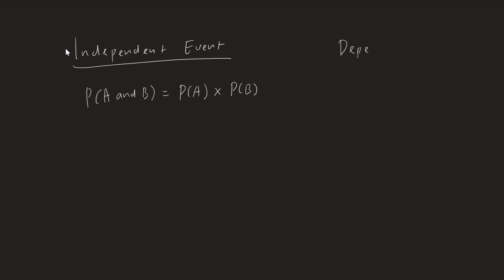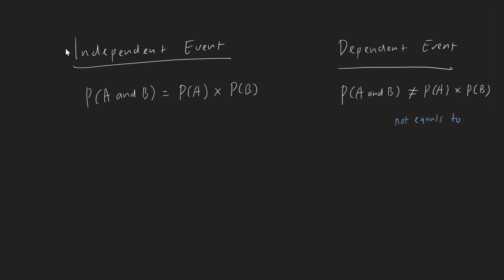But for a dependent event, it is not equal to that. That's an independent event. The dependent event is different: probability of A and B when it's not independent. So when it is dependent, it's equal to probability of A